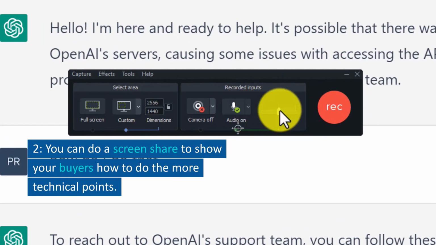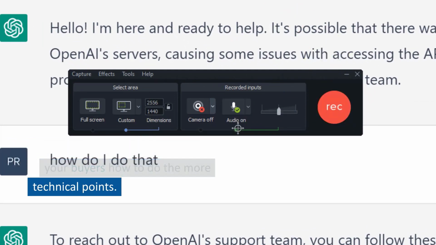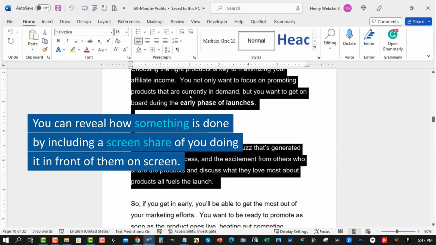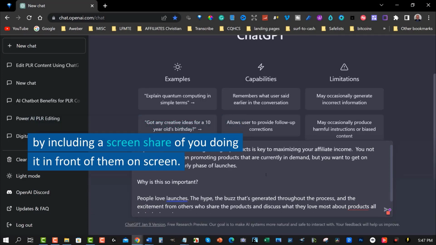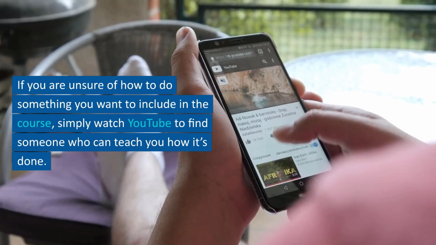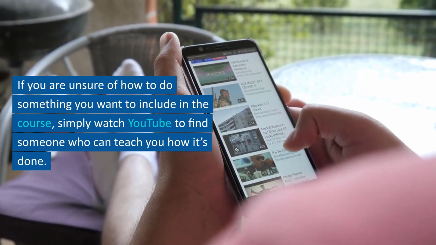Number 2, you can do a screen share to show your buyers how to do the more technical points. You can reveal how something is done by including a screen share of you doing it in front of them on screen. If you are unsure of how to do something that you want to include in your course, simply